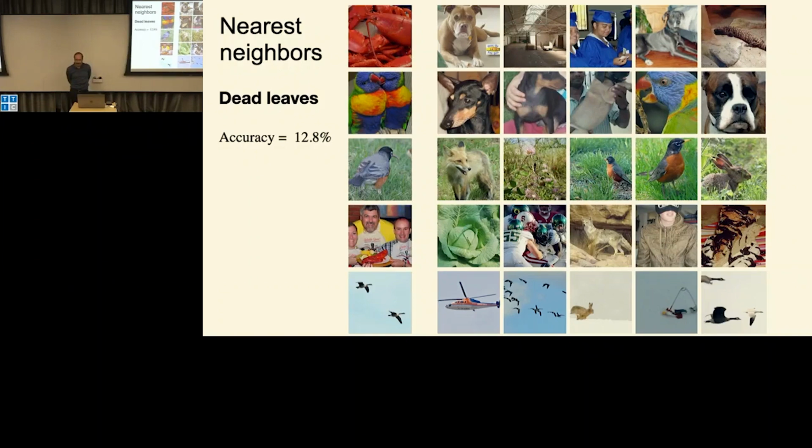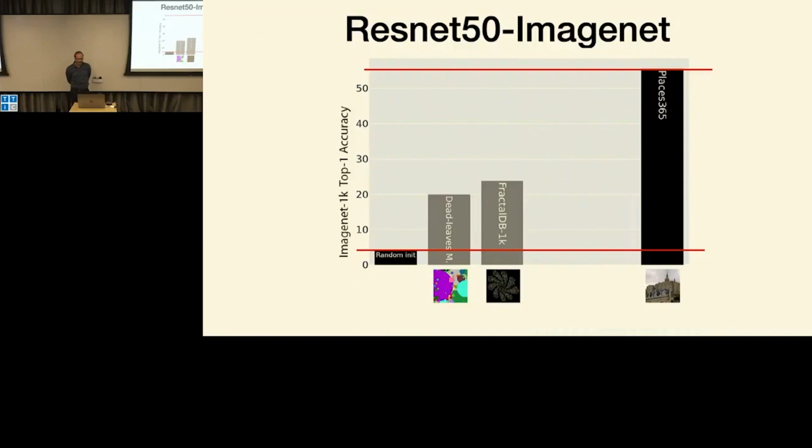And this model has never seen images before. It's just trained with dead leaves model, which is as old as it gets as a computer vision model for images, a generative model for images. And actually, it gets shy of what fractals got, which is a much more complex process. This is very simple, and it gets around 20% when you use it as a linear classifier, trained with ImageNet. So what else can we do? You can see that I left some room here, so certainly there is something better.